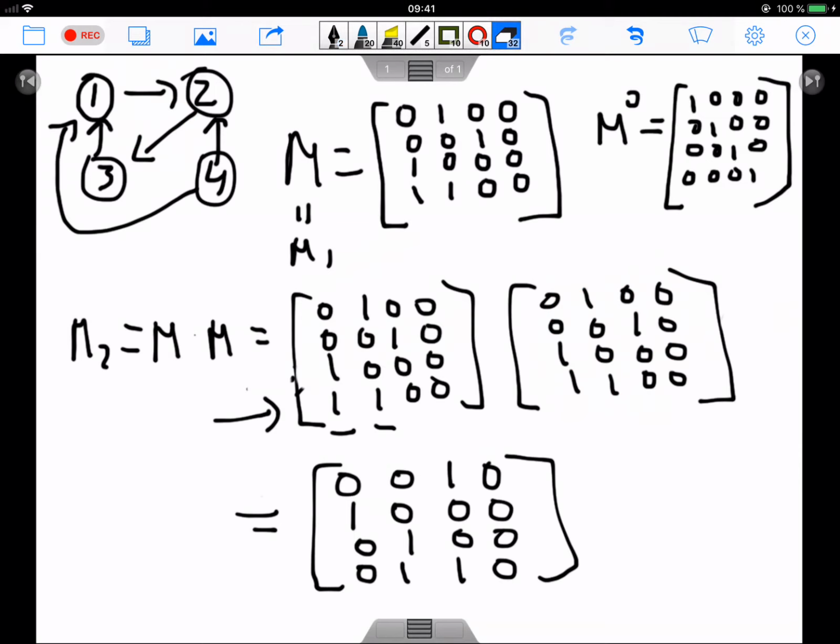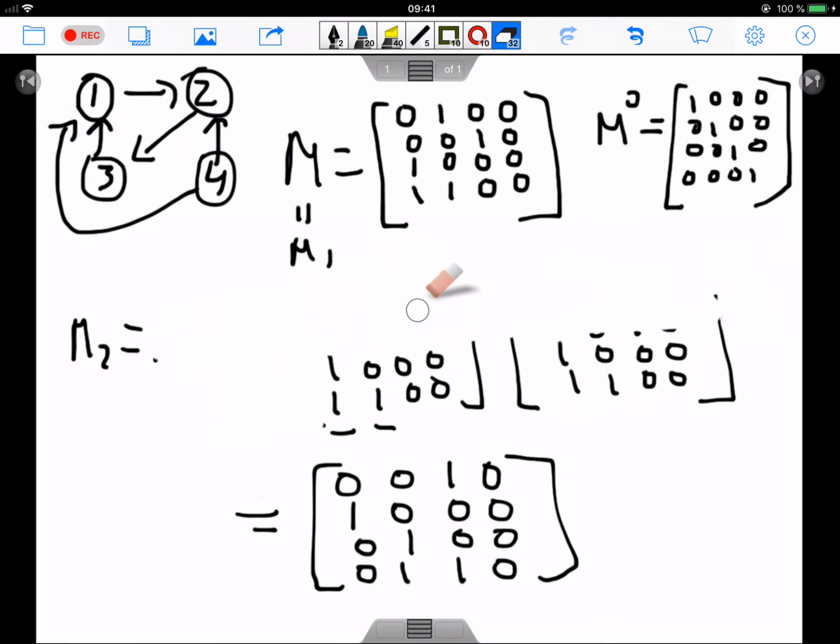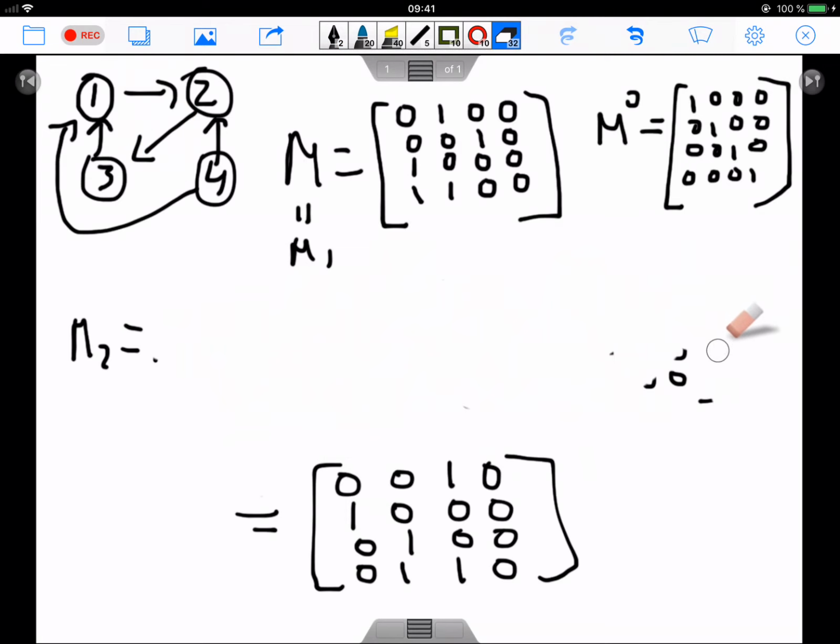So let me copy this matrix here. We are going to need this matrix. Let me erase the computation, but copy the matrix here. Or, well, I will write here M2. Okay, so now M3